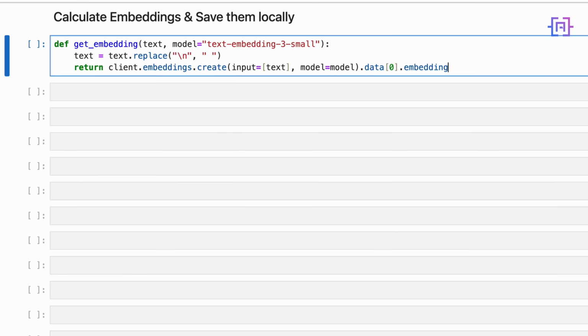So here the client.embeddings.create part is where we send our text to OpenAI's powerful language model, and we are specifying the embedding model to use. This choice impacts the type of embedding generated. Data at index 0 .embedding extracts the actual numerical embedding, our magical book representation, from OpenAI's response. Let's run the code,